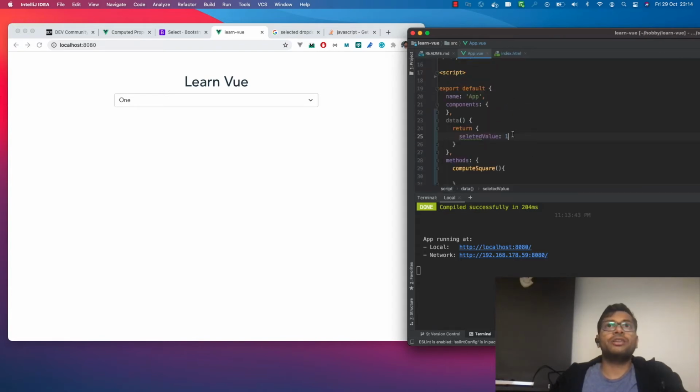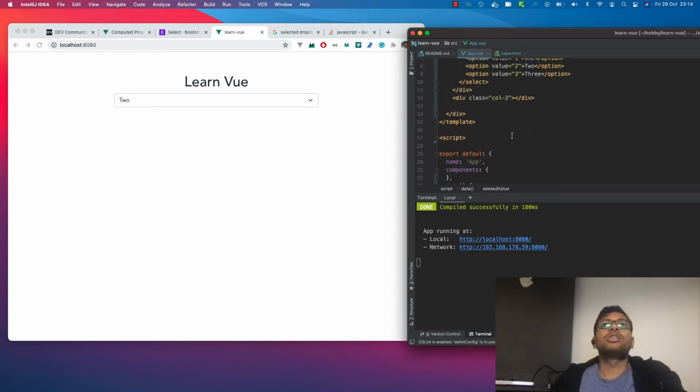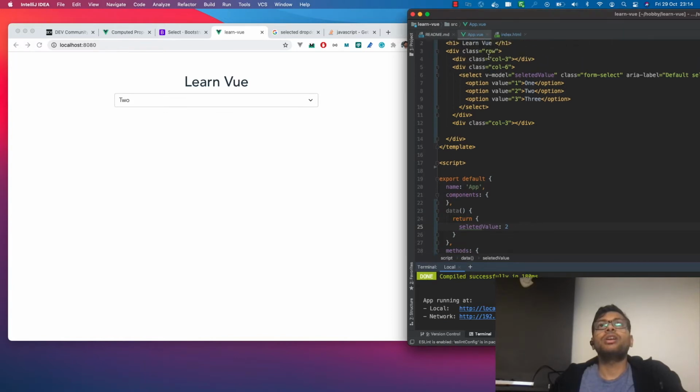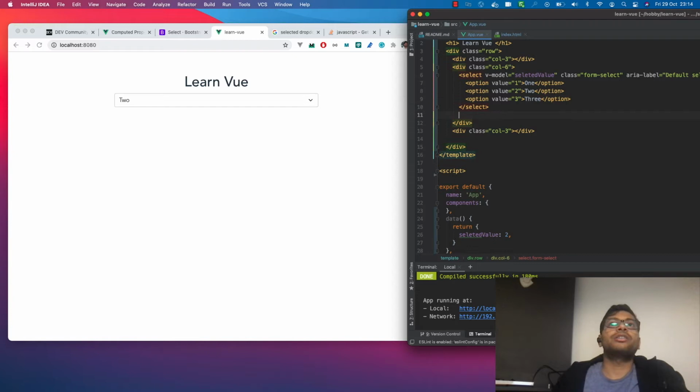And if we make it 2, we should see that we have selected 2 initially. So basically it will just select the option whose value we pass. And we can also display something like square here.